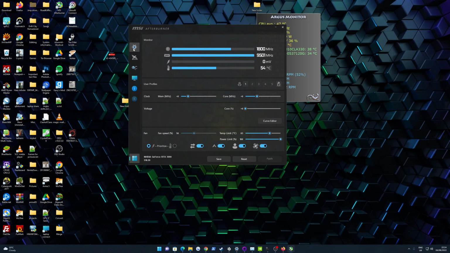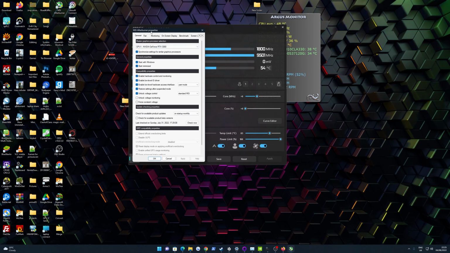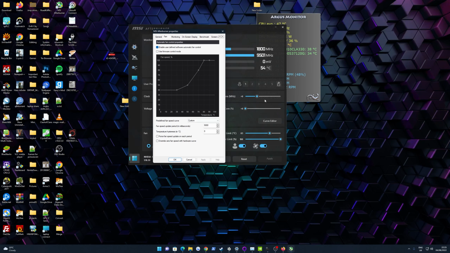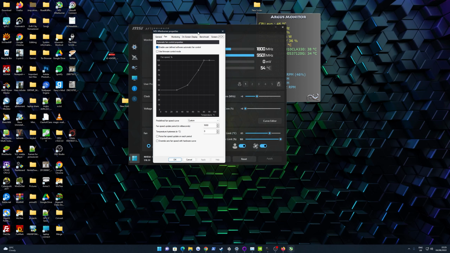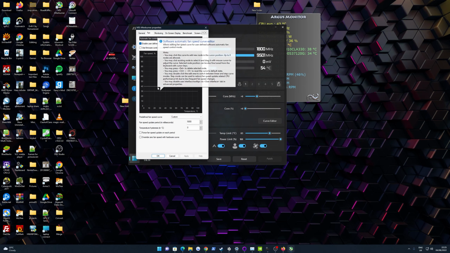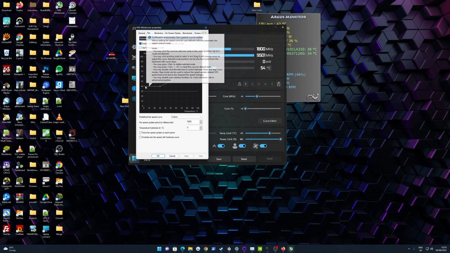You want to go over to the cog. It looks a bit different because it's a theme, don't worry about it. You want to go over to the cog, which is settings. You want to then go over to fan, and then we're met by a fan curve tab. So in this circumstance, we can set what fan speed and what temperature we want the fan speed to come in at. So for example,